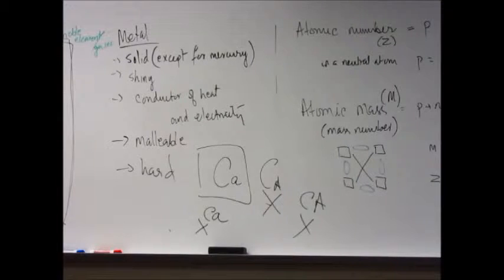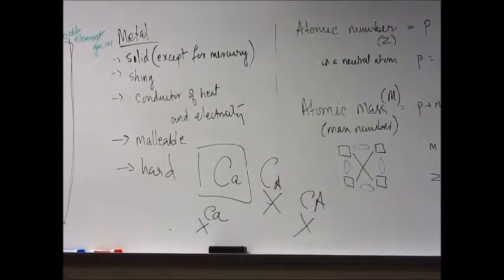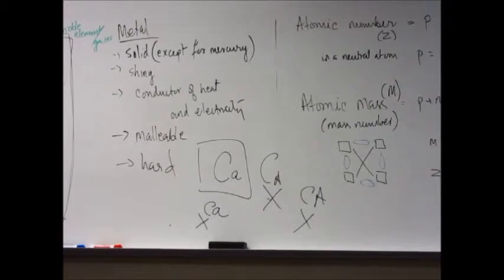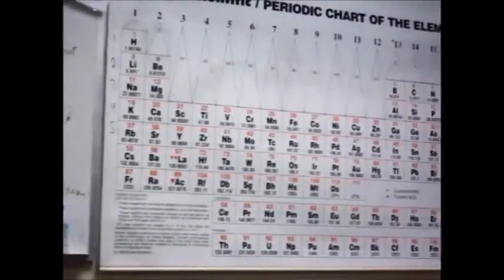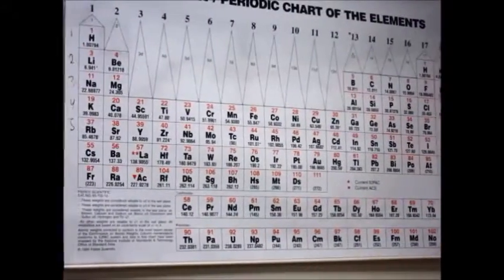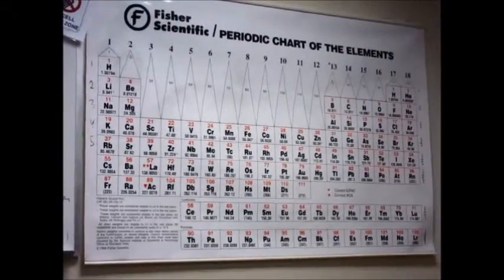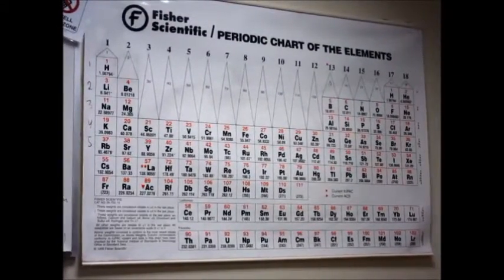Does the spelling for the names count? Yes, absolutely. You cannot mess up the spelling. So the best thing to do right now for the periodic table is to go online, or you can also photocopy this one if you want to. Well, this one doesn't have the names on it. But go online and find yourself a periodic table that has all of this and the name of the element.